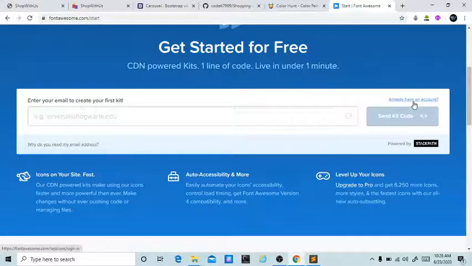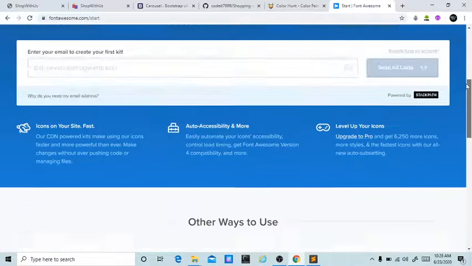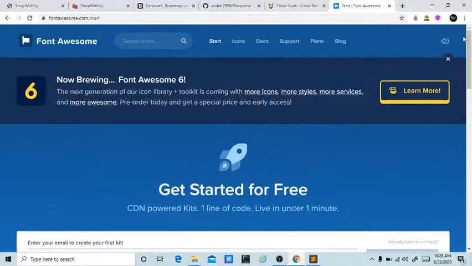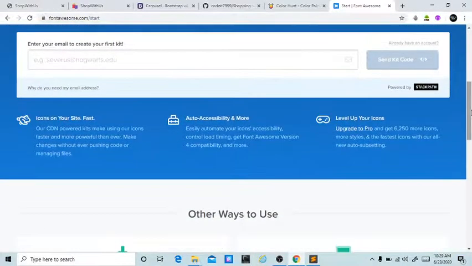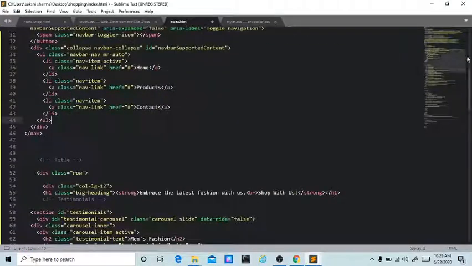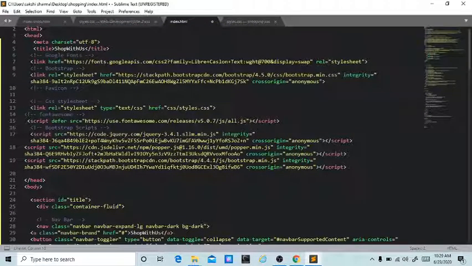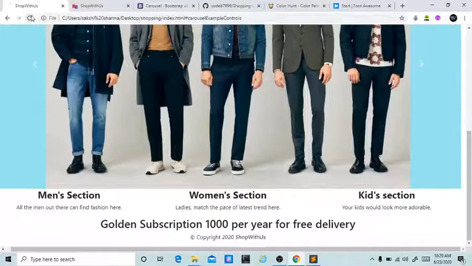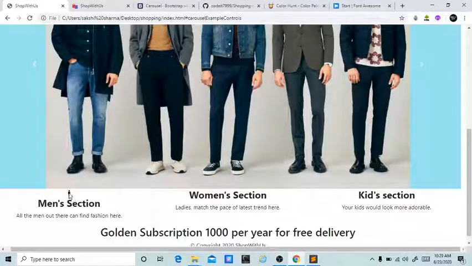You will get this link which you can insert into your index.html. So sign in and you'll get the link, but I already have the link, so I'll be pasting that link and you can copy this link as well. Now I've pasted that link and I got this,